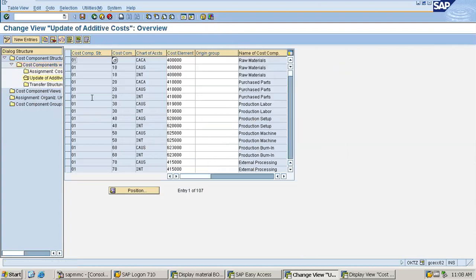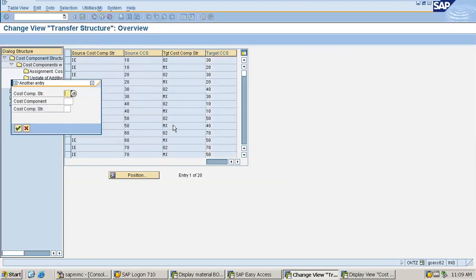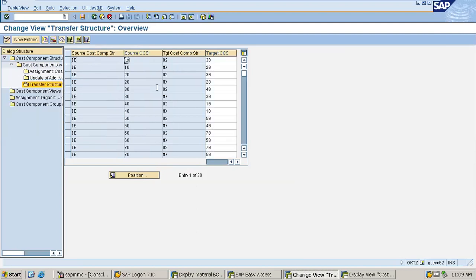So update additive cost, I will skip this one, as in my costing variant I have not allowed this additive cost, so I am skipping this one. Cost component structure, source cost component structure and target cost component structure.